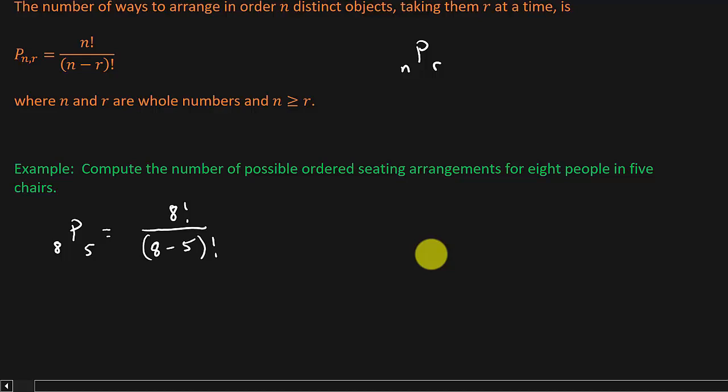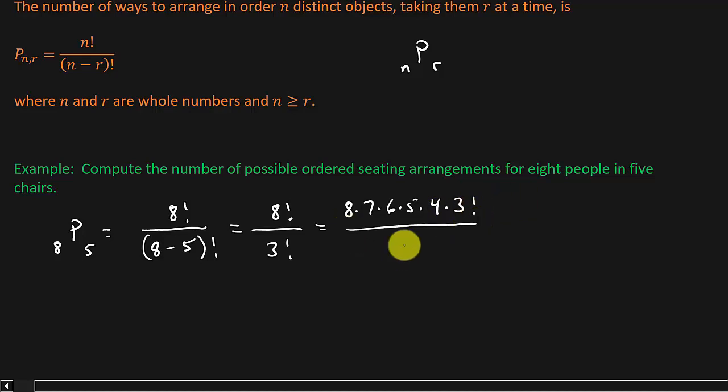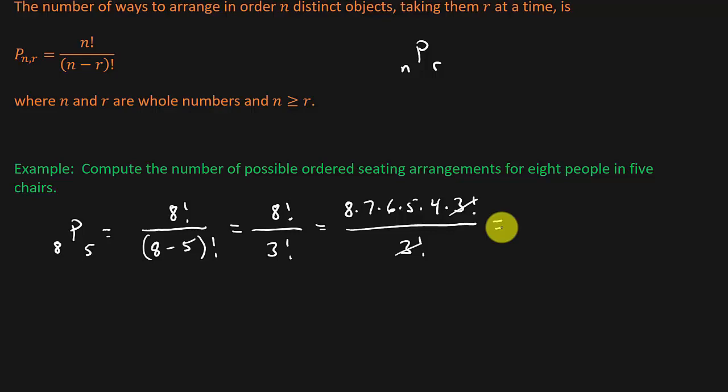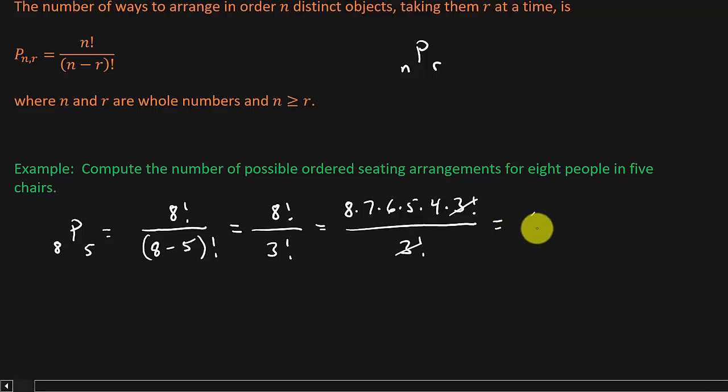If your teacher makes you calculate this out by hand, an easy way to do it is this. That's going to be 8 factorial over 3 factorial, right? So we can write this as 8 times 7 times 6 times 5 times 4 times 3 times 2 times 1, okay? Or you can just leave that last part as 3 factorial over 3 factorial, and you can see those cancel. And so now you just got 8 times 7 times 6 times 5 times 4, and that would be